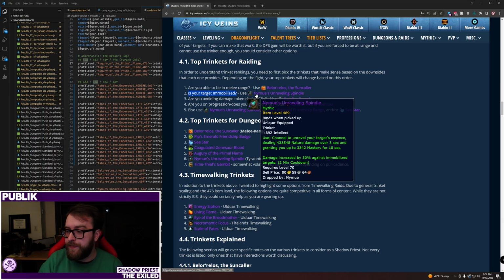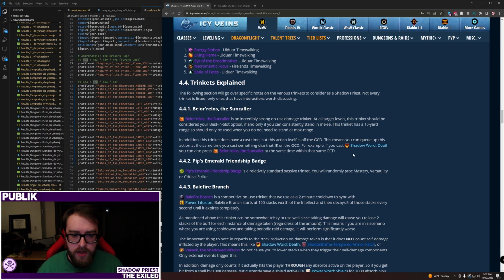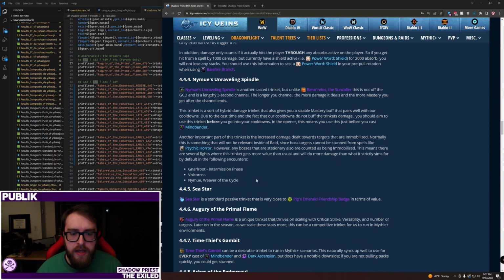What this means is most bosses that are in a stationary, planted mode count as being immobilized. I'll scroll down to this section just to give you this list. What we've seen so far, there might be some other examples. I pored through my logs of raid testing, and these were the 3 that popped out to me. I did look at some others that did not count, but we'll see when this goes live. On PTR testing, Gnarl during the intermission phase, Volcaros, and Nime,